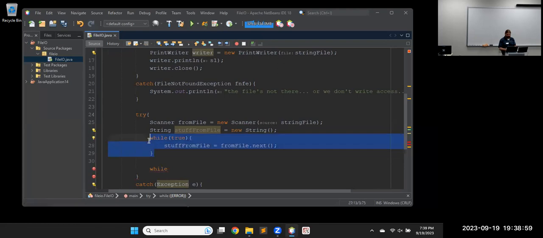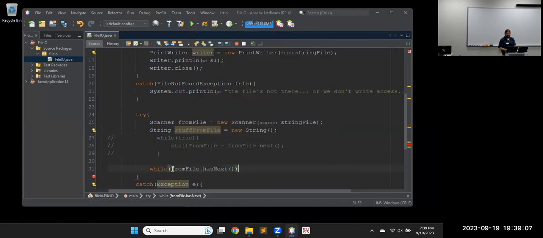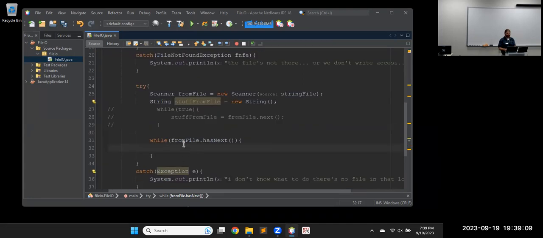I already commented that out. While the scanner, so from file scanner dot has next, it has the thing we can check, which obviously, a method built into an object is a lot more than one bit. So that's why I like that one, because less processing and